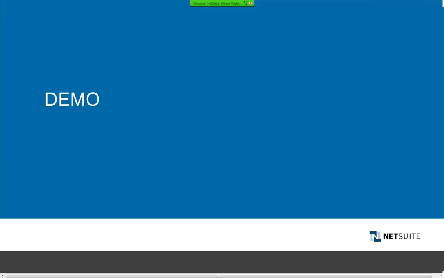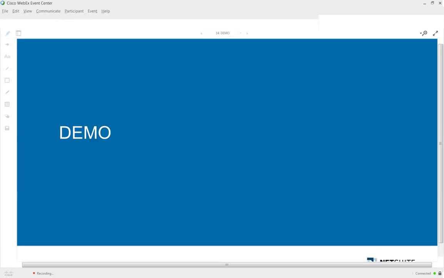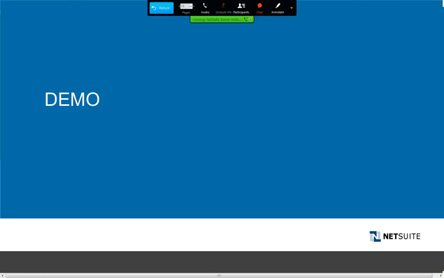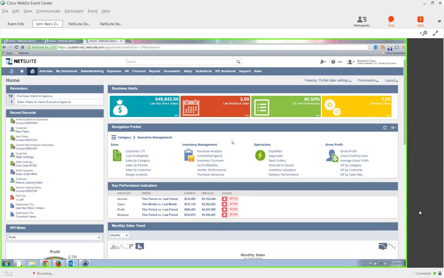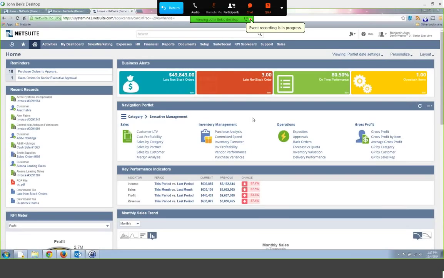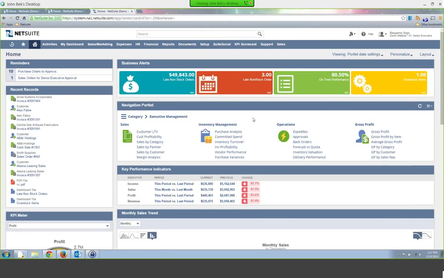So with that, I'm going to turn it over to my colleague, John, and John's going to walk us through some examples of how you can leverage the system to do some of these pieces. So John, if you want to go ahead and share your desktop, it'd be great to see this for the next part. Thank you, Ranga. Let me know when you can see my desktop. All good. Looks great. Super.